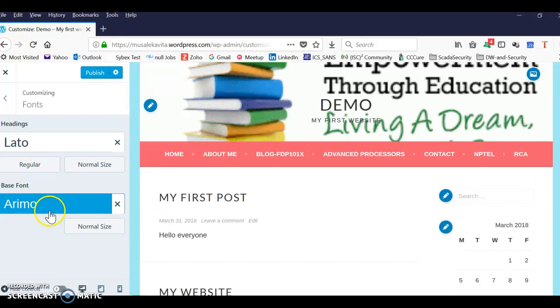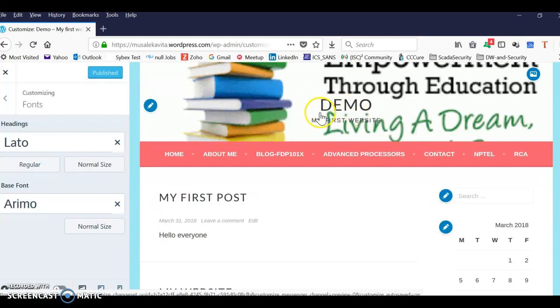You can change the base font as well. So the change is reflected here. Not yet. I'll have to publish first. Published. The change is reflected here. Now if you want to add pages to your site,